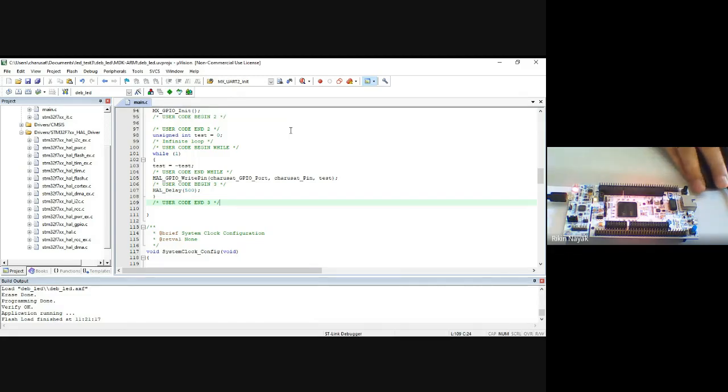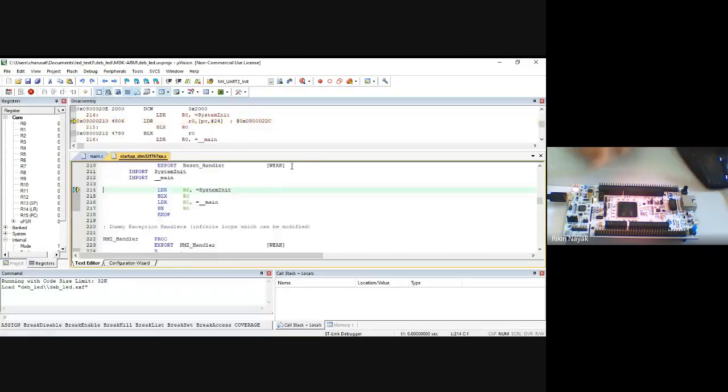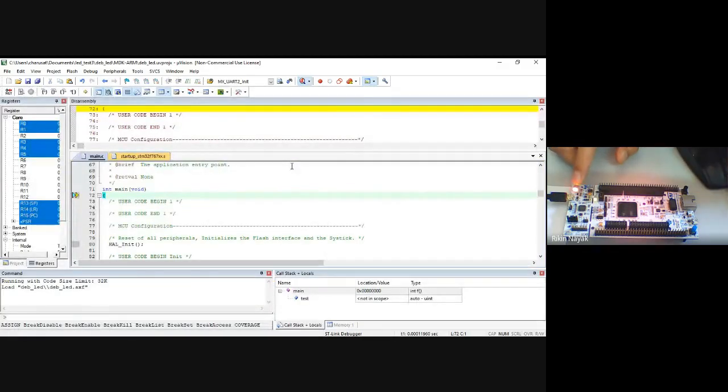Now our aim is to check this debugging part. To debug the code, you have to use this option, start stop debug session, right? So when you click over here, you can see your board will also enter debug mode.